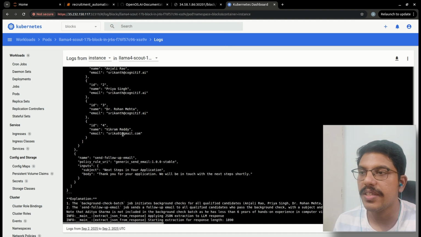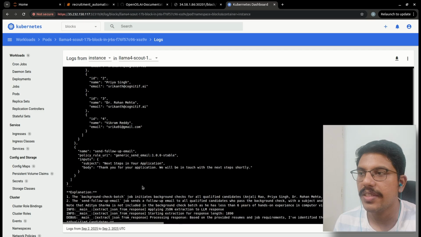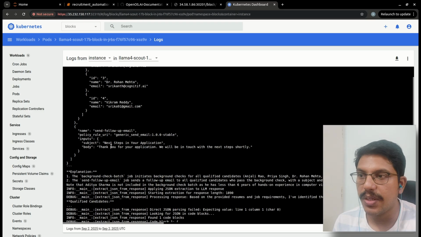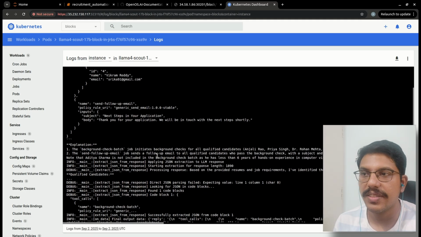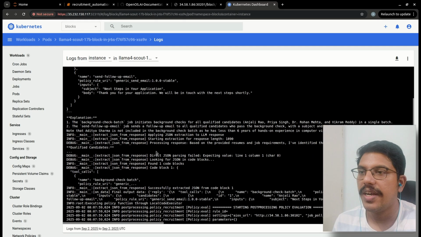For now, for easy demo, I have added my email IDs. And as part of the tooling structure, it is also saying send a follow-up mail, and the policy rule URI for that is generic send email on OOS table. This particular policy requires two inputs, subject and body, and that is also getting passed. Again, these are all constructed by the LLM itself. And it is also giving some explanation,